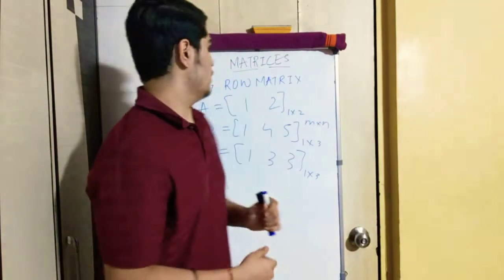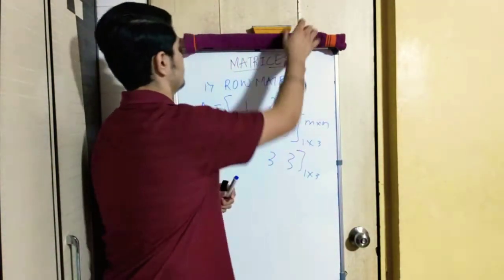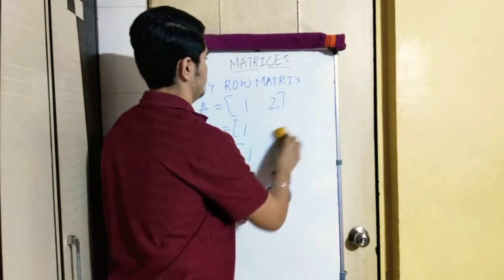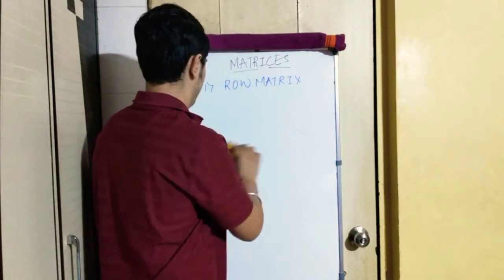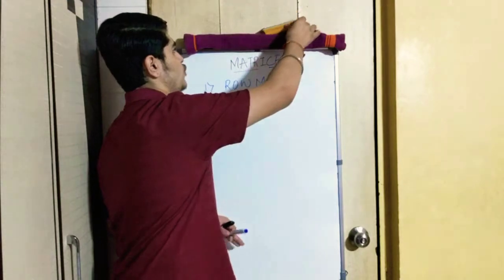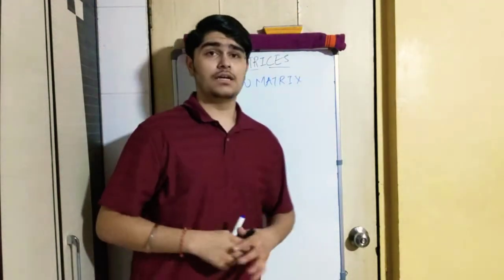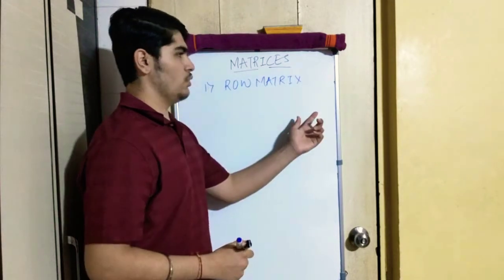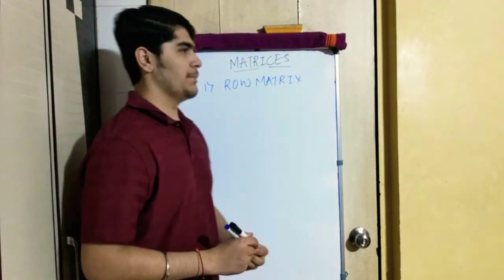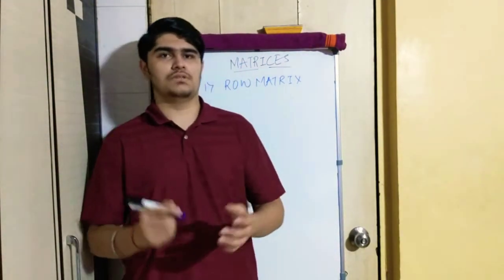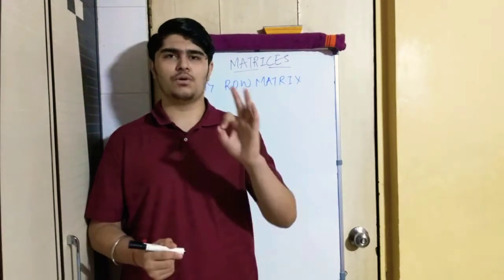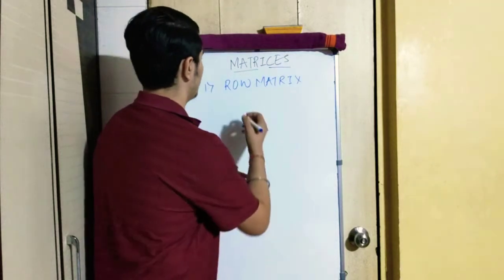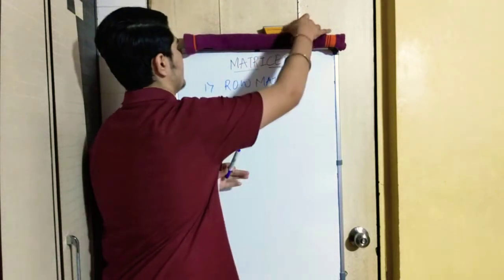I will repeat it once again. Row matrix is a matrix with a single row and n number of columns. Mainly for the 10th ICSE boards, there are only 3 columns and 3 rows at the max, not more than that. Now the second type of matrix is